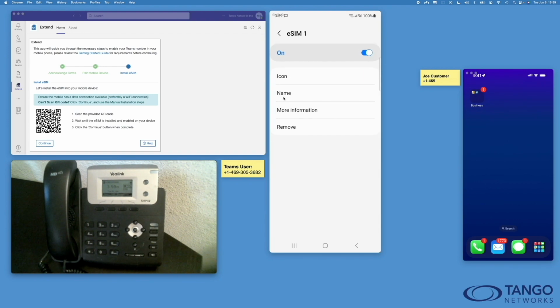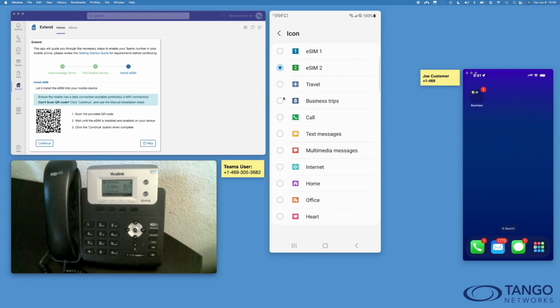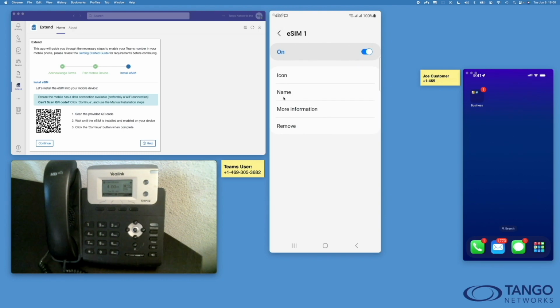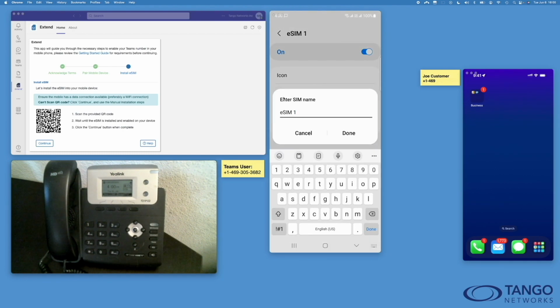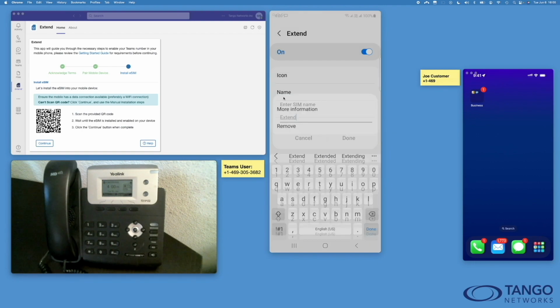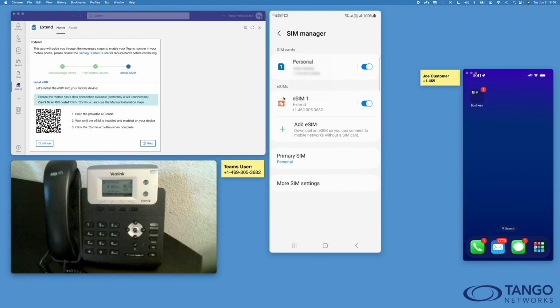I'm going to go ahead and click that eSIM, and I'm going to change the icon to an office symbol. It's not required, but that's my preference. I'm also going to give it a more logical name. I'm going to call it Extend. You could call it Teams. You could call it whatever you like. So now I have two lines on the device simultaneously, my personal line and now my Extend line with my